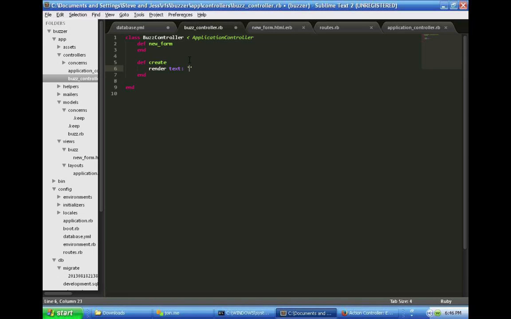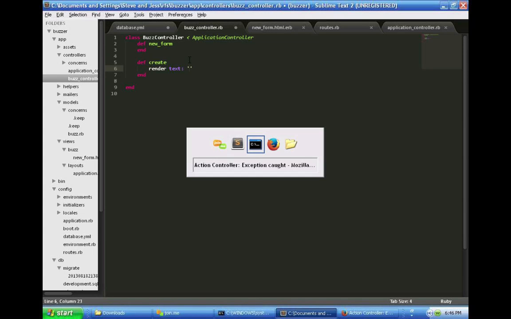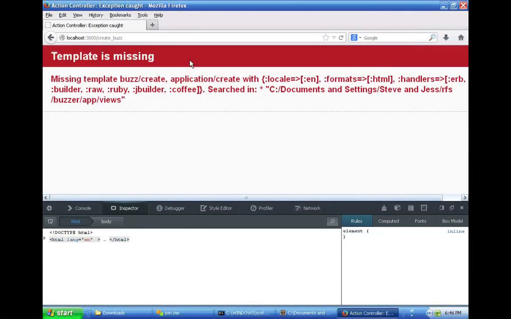The new form action will still return that form, but this will return nothing, which is fine. And that's what it was complaining about when that error came up before. It was saying it couldn't find a template called buzz/create,